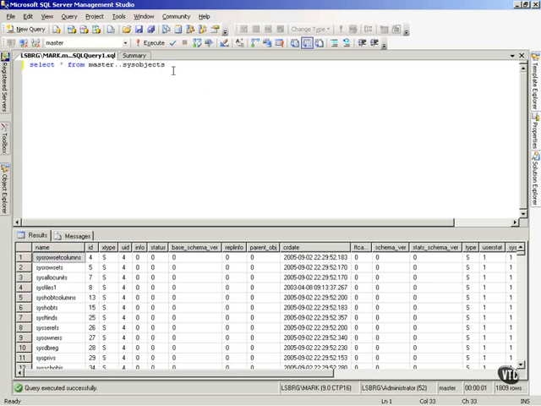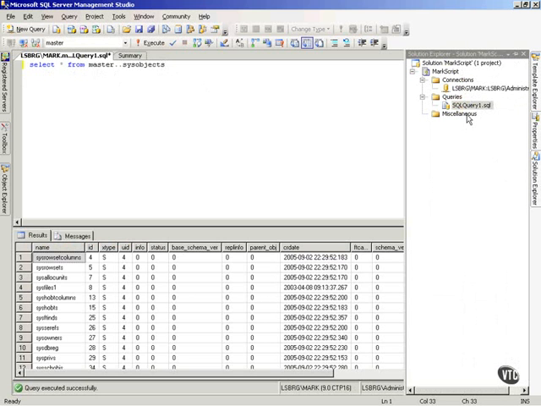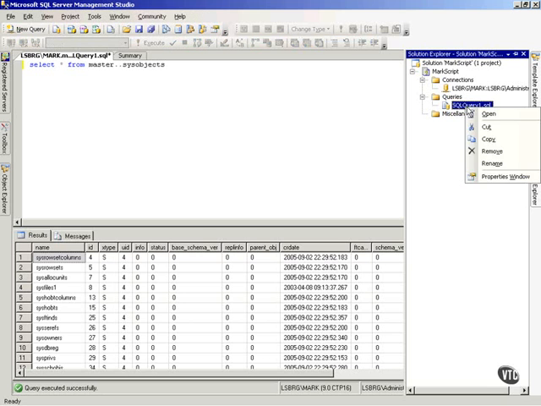How about if I spell it correctly? Think that might do it? So notice, that's a good real-world example, isn't it? So now I've got my sysobjects. That is my query right here. And notice I can rename this query to say